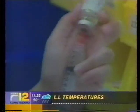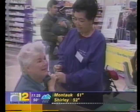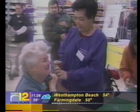More flu shots are on the way. Suffolk County will be getting about 2,700 doses of the vaccine from the state. Nassau will get about 2,600 shots plus another 10,000 doses from the manufacturer. With these combined